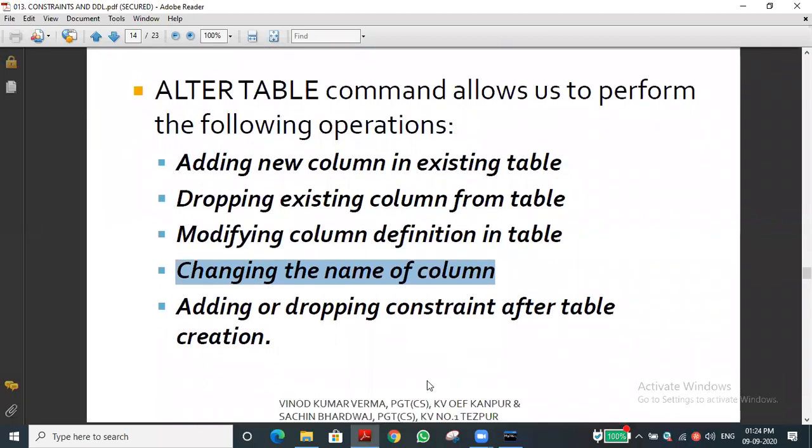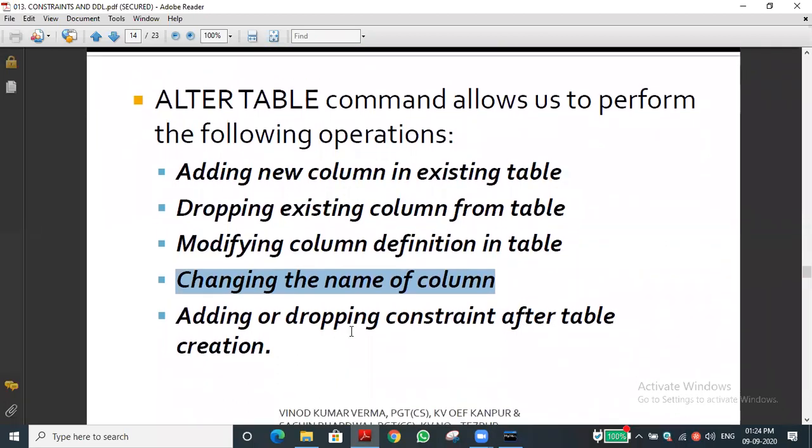For that also there are two types of things. At the time of creation, and what I am recommending, please note, as a computer science teacher, is that at the time of table creation, if you give the constraint and set the key, that will be well and good. It will be better. After you create the table, before inserting the records, you can add the constraint or set the key, primary key, foreign key.